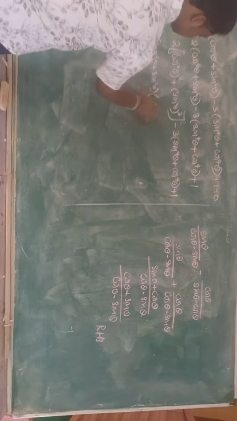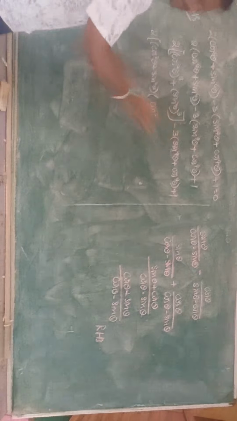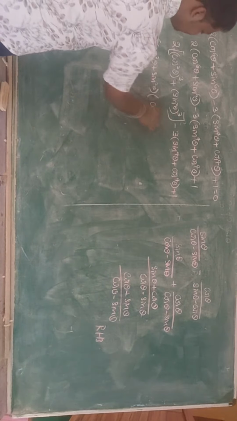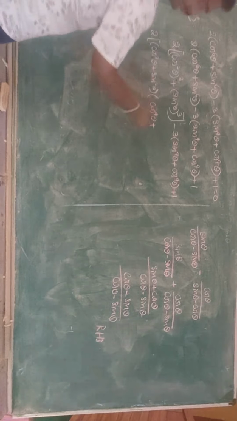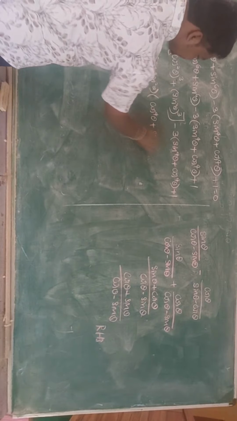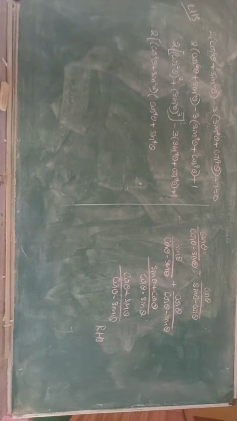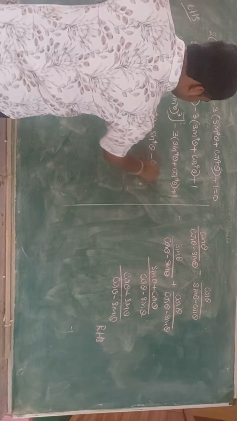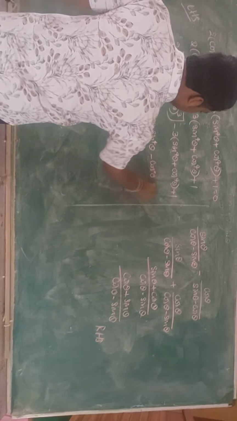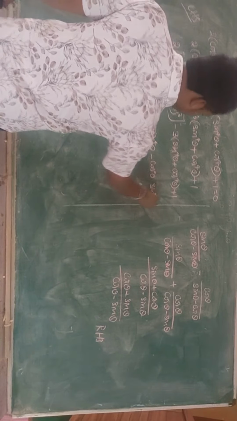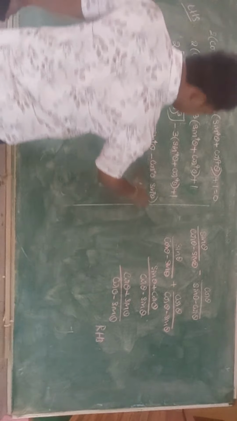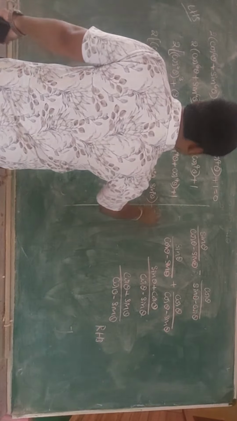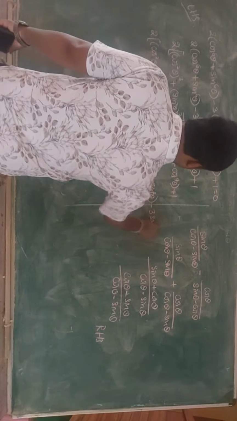A square is cos square square, means cos to the power 4 theta. A square plus b square, sin square square, sin to the power 4 theta. Minus ab now. Minus ab is cos square theta into sin square theta, bracket complete, minus 3 sin to the power 4 theta